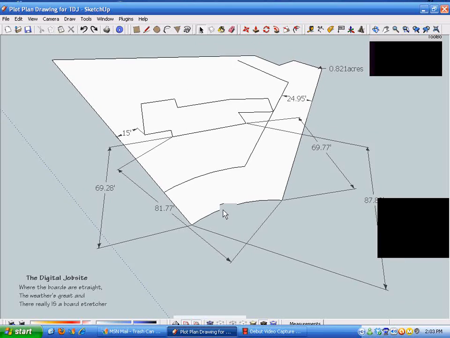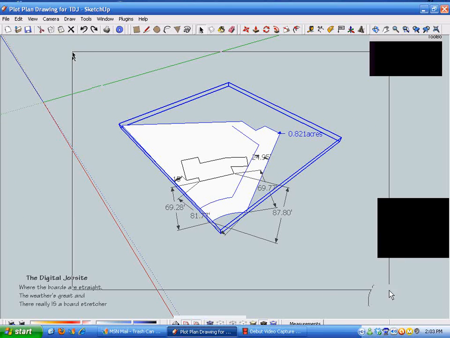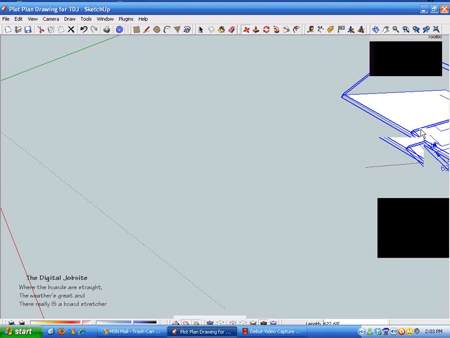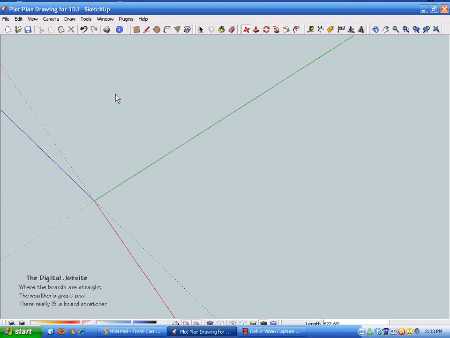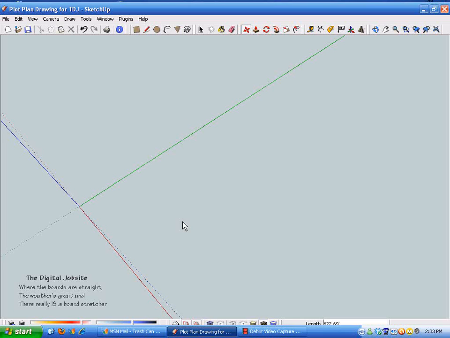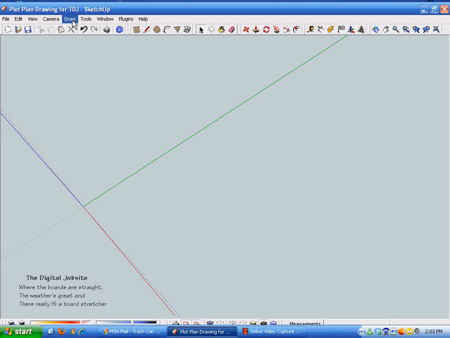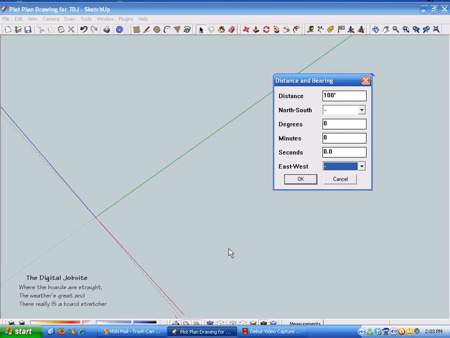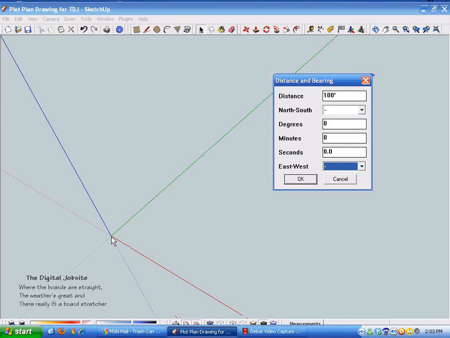Anyways, to get started, I'm going to select this geometry and just move it out of the way, and then right click and hide it so it doesn't interfere with our work. When we use the survey tool, that Ruby plugin, it hides under the tools there. You come up with this little dialog box, and when I enter values, it starts at the point of origination and then follows around. So with that background information, I'm just going to read off my plat drawing here